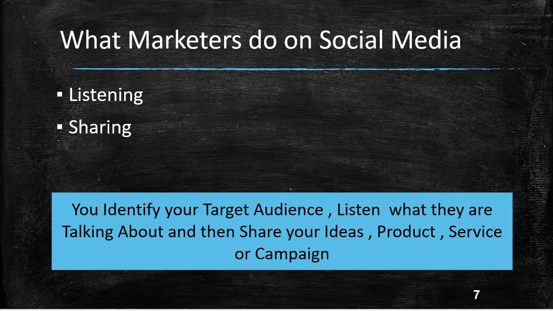What do marketers do on social media? Marketers do two kinds of activities on social media: listening and sharing. They listen to their customers, what their customers are talking about, what kind of posts they are putting on social media, what kind of images they are putting on social media, what kind of opinions and feedback they are sharing on social media. It gives them an understanding of what kind of users they have, what their users are actually looking for, and the exact profile of their users. And after listening to their users, they start sharing their communication based on the profiling they have done of their users.